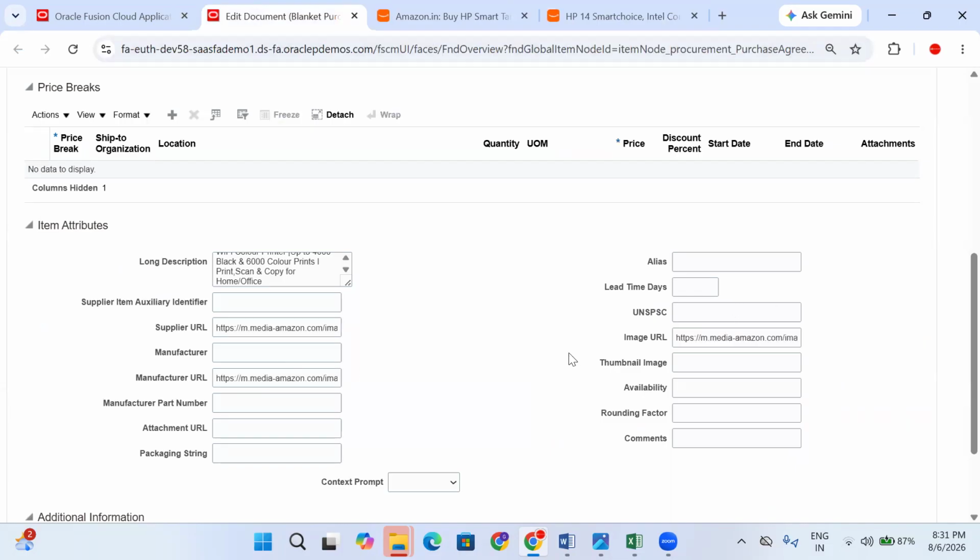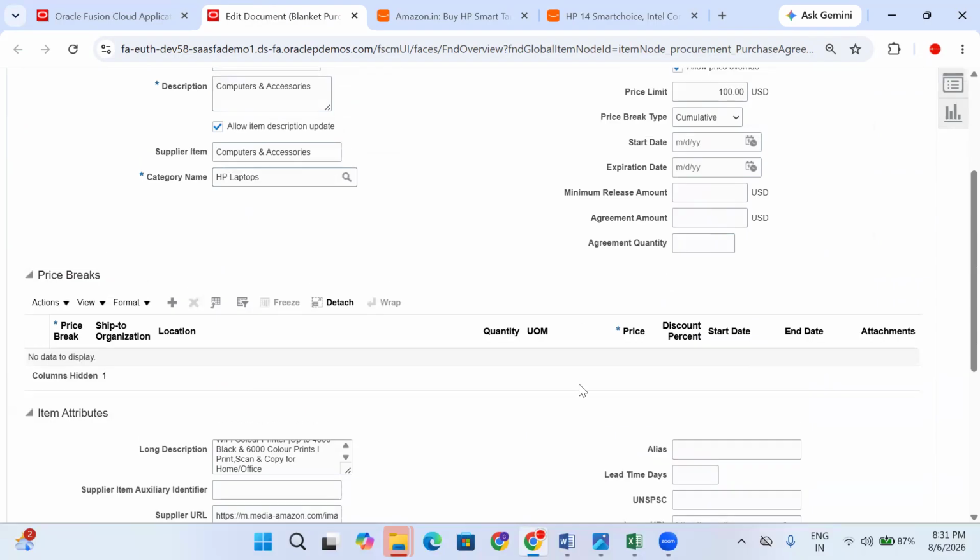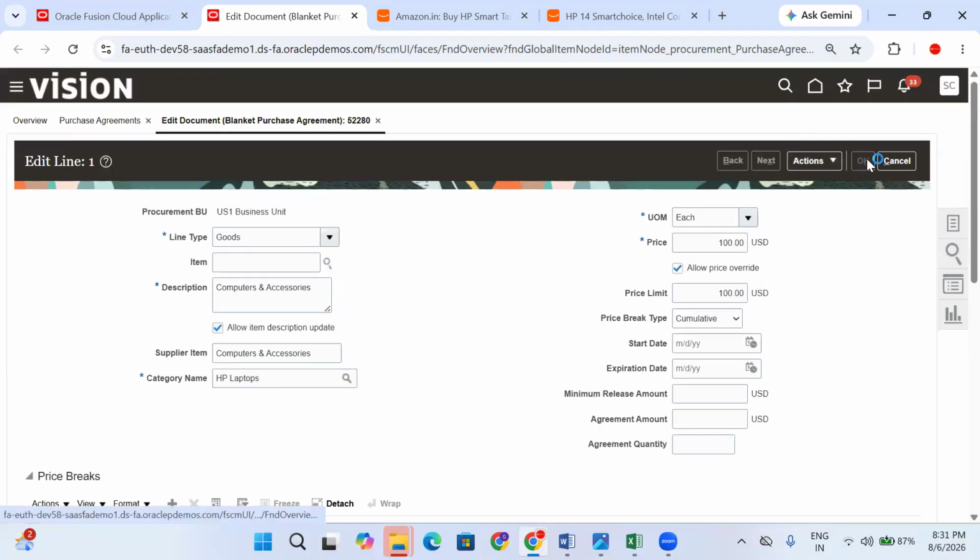So based on that URL, the system displays the image. Attachment, any attachment URL is the same. Wherever the URL is there, we'll use that same. Okay, so click on